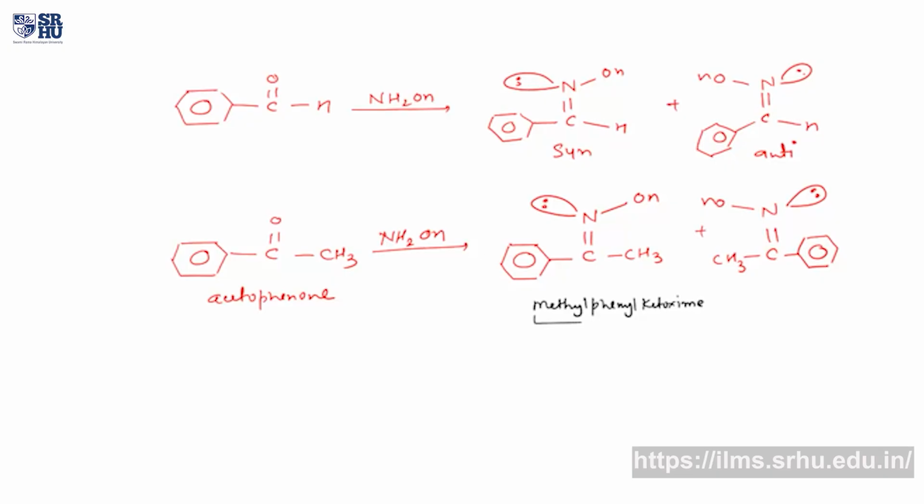Because methyl is coming first, we have to see the first name that is coming. The first name is methyl. Then we have to see whether OH is on the same side as methyl or the opposite side. Because OH and CH3 are on the same side, we say that this one is syn, whereas in this one OH and CH3 are on the